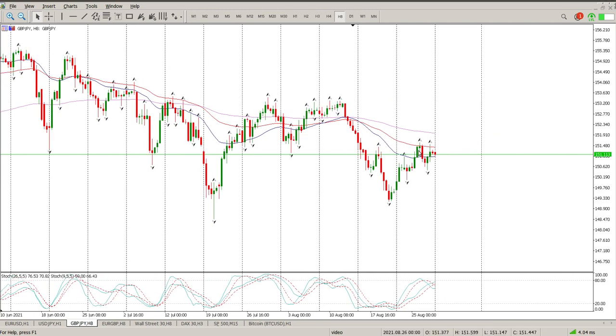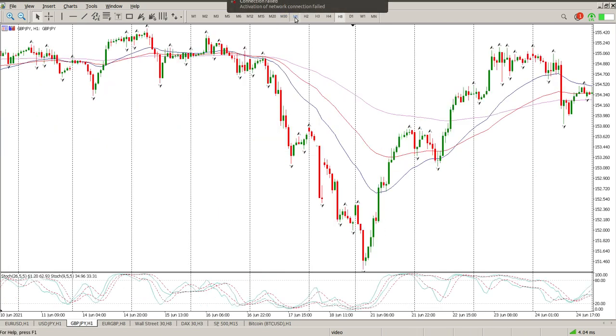Now the question is whether this is just a rejection of the moving averages again to move to the downside, or is it an attempt at breaking through the structure here? And that structure is at 151.182. If I come to the 1 hour,